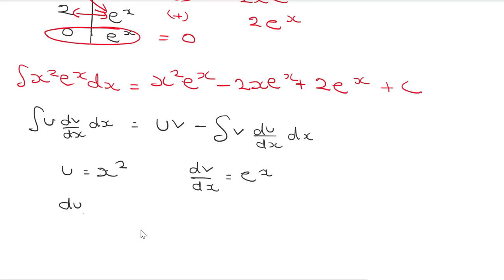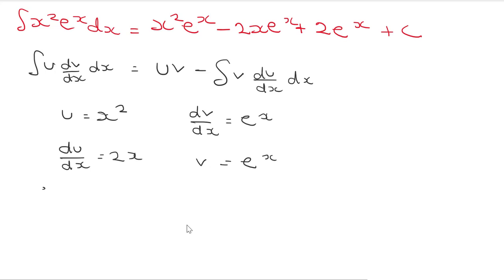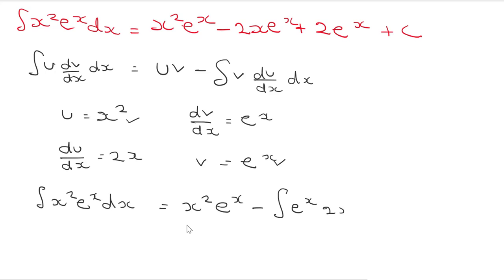So du by dx is equal to 2x and v is equal to e raised to the x. So the integral of x squared e raised to the x dx is equal to u times v, which is x squared e raised to the x, minus the integral of e raised to the x times 2x